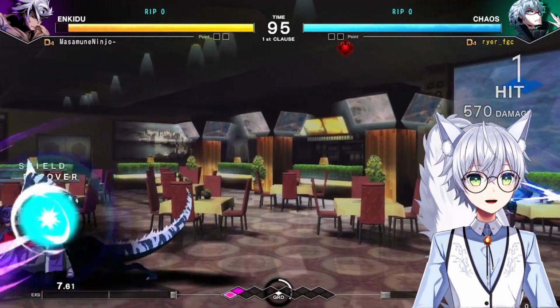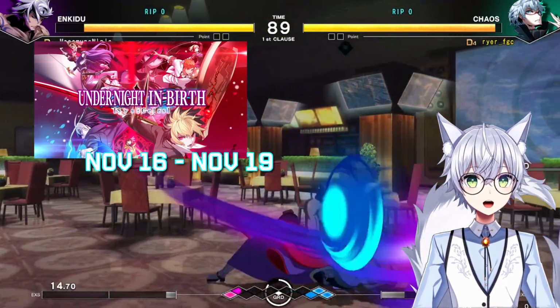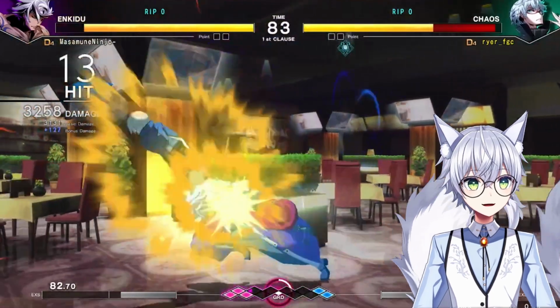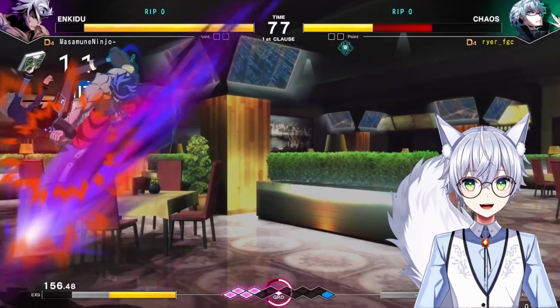Today, I want to quickly give my thoughts on the Under Night 2 beta that happened this past weekend. I played my main, Chaos, for almost all of the beta, and accrued approximately 300 matches combined, online and offline. I will have a more in-depth video next week on my thoughts on how they changed Chaos in this version, but for this one, I just want to give general impressions on the beta and explain some of the new